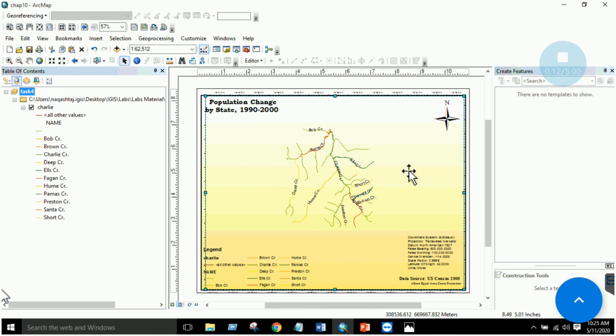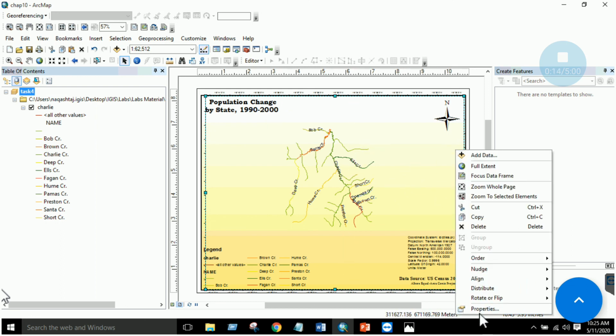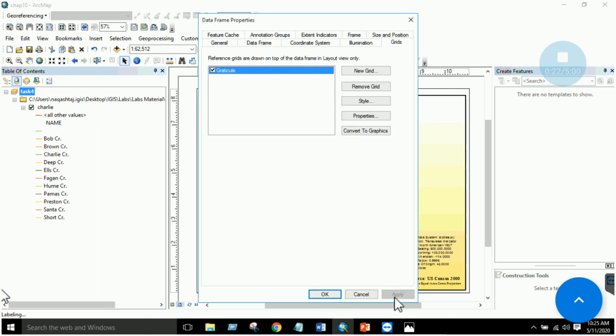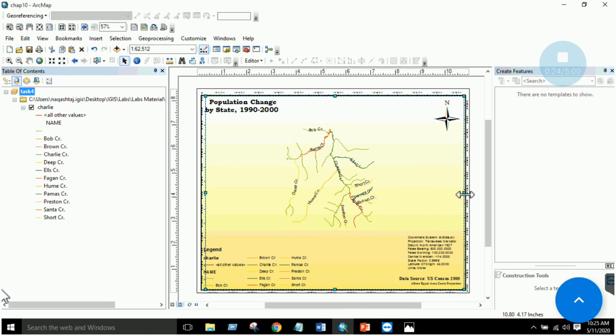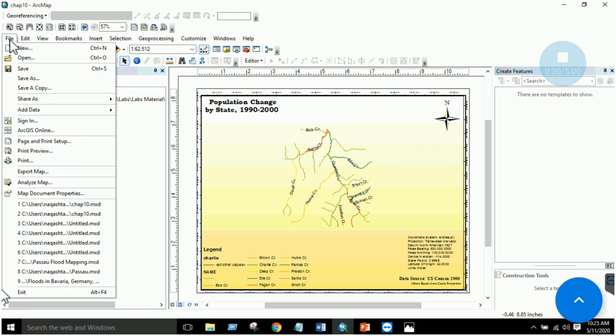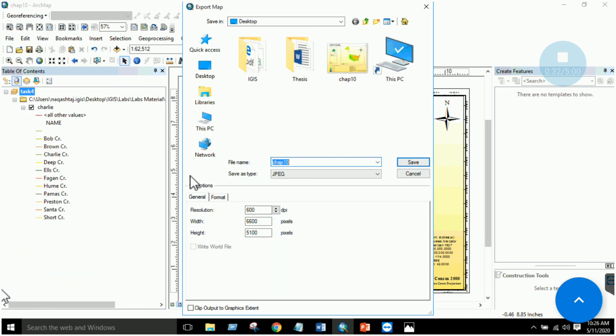If you want them on the left and right as well, go to properties again, select the vertical labels, left right vertical, click OK, apply. Here you can see that you now have vertical labels over here. The last thing, once you have completed all these steps, go to file, export, name the file, select the type you want to save, and click save.